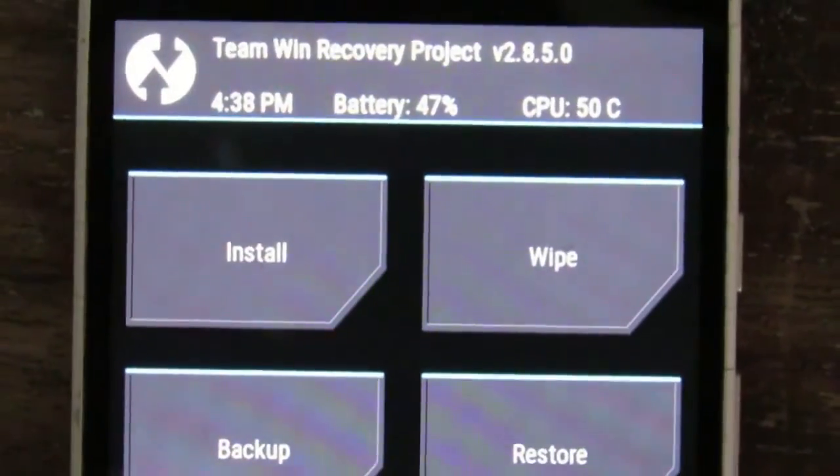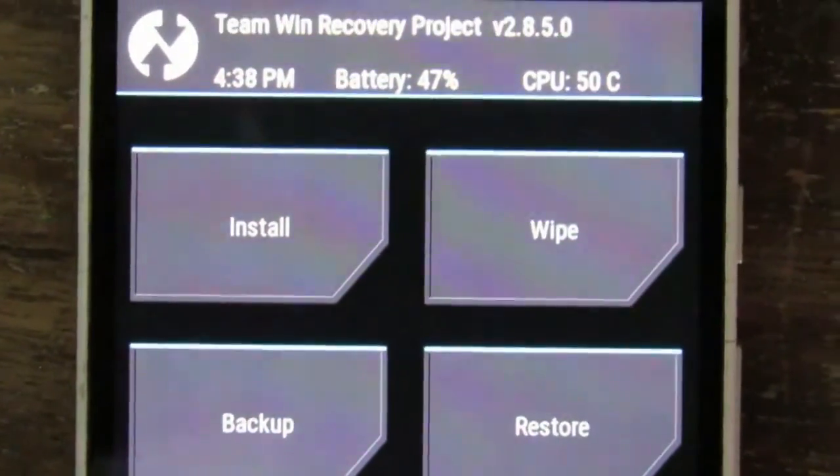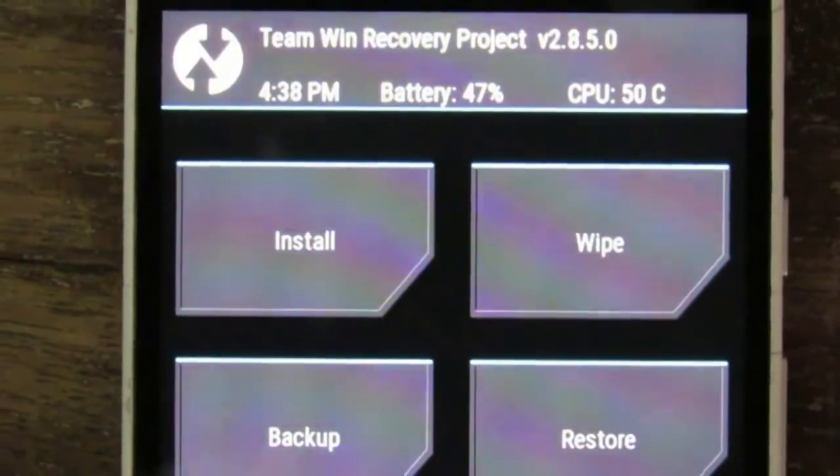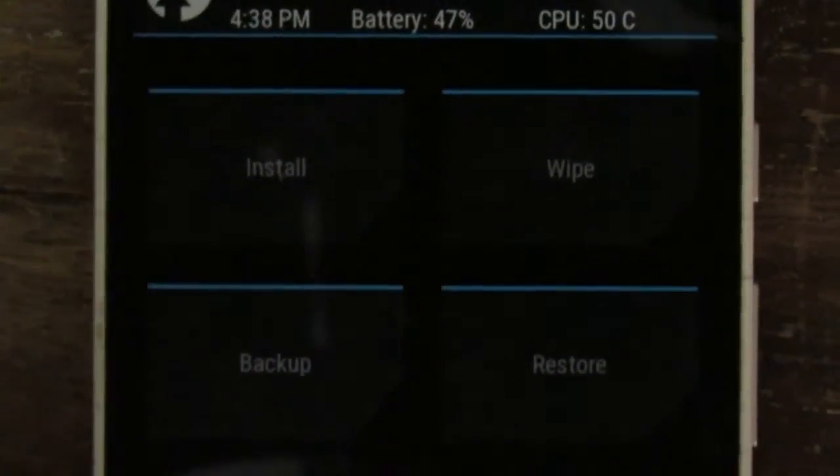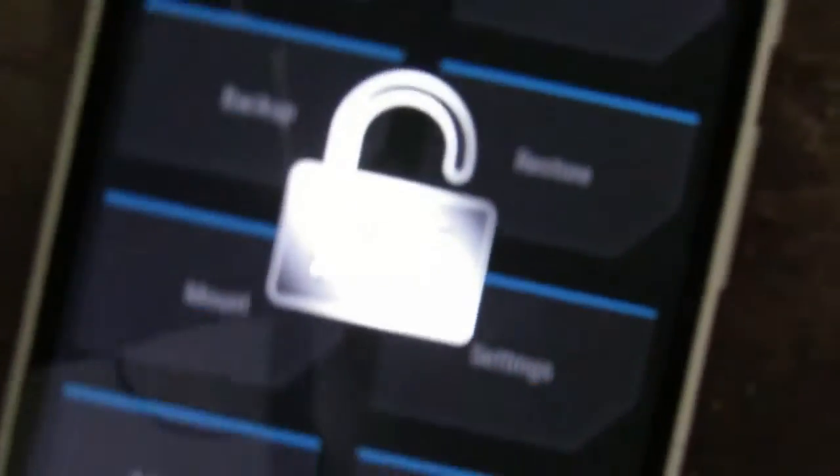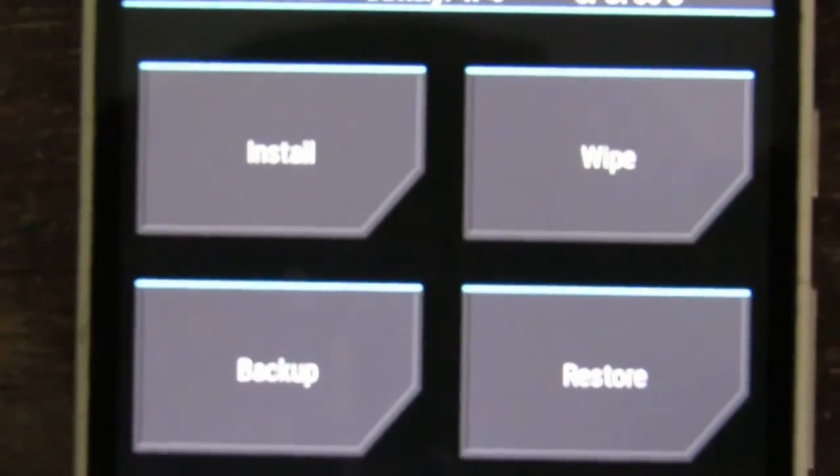If you are stuck in boot loop, what you can do is come back to TWRP recovery menu. This is the TWRP menu. You can come to TWRP recovery menu by following the commands you followed before. Once you are in TWRP menu, choose wipe and choose advanced wipe.